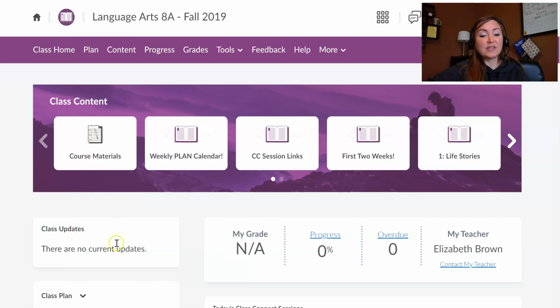And over here on the side is where you'll see information about discussion posts. When you first log in, you might see that you have a few discussion posts to read. You can ignore that for now. You are jumping in a little bit in the middle of our unit right now, and so I wanted to show you exactly where you in particular as a new student in our class are going to be starting this first week.